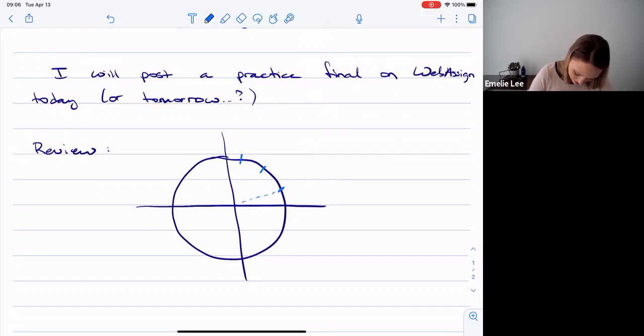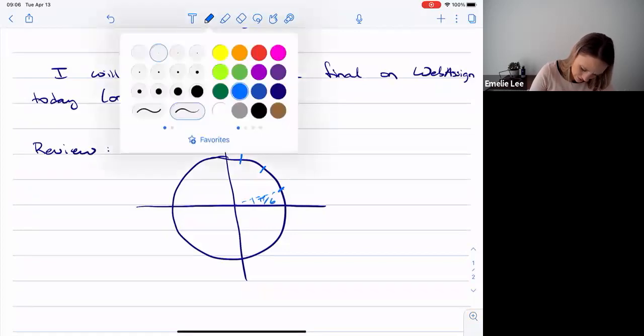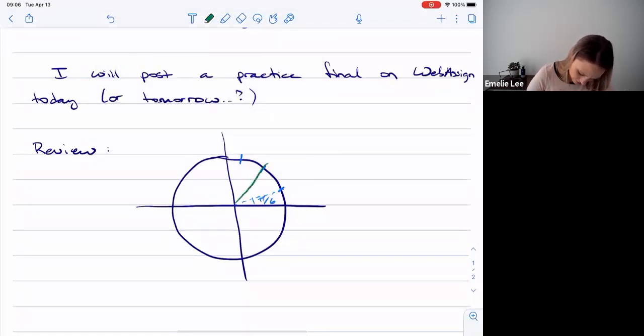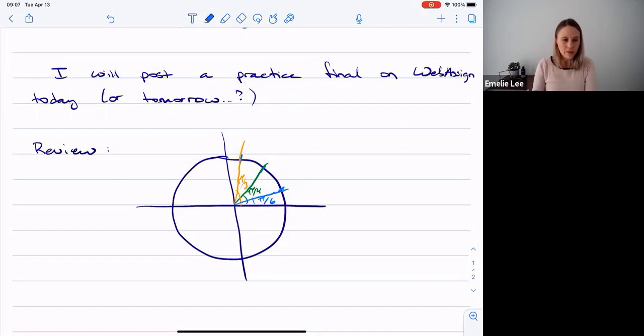This was at pi over 6. Oh, this was at pi over 4. And let's see here, this was at pi over 3. Right, so we've got these cutoff points, and maybe I should draw a solid line here, right? And then what we established last day and used was the fact that each of these xy coordinates,